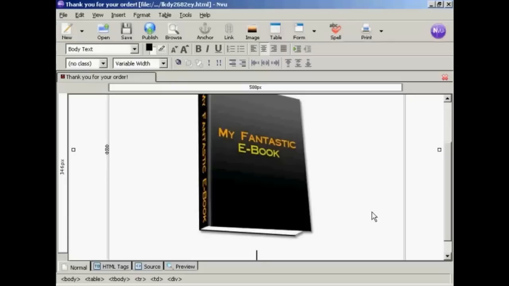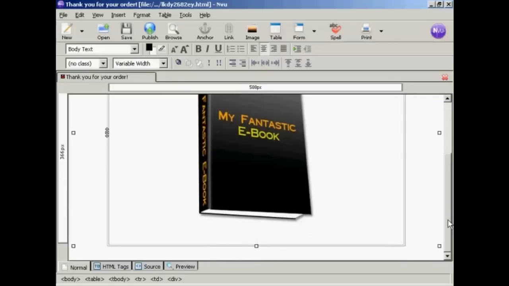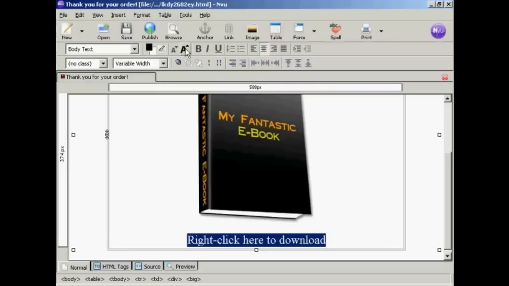Okay, now let's just put some spaces in. Now you need to have the link so that the person can download your product. So we're going to put that in here, and I'm going to put in the instructions. So right click here, and I'm going to make that quite large so people don't ignore it. So I'm now going to increase the font size, so I'm going to click a couple of times there, and then I'm going to link to the product, which is a zip file. So click here on link,